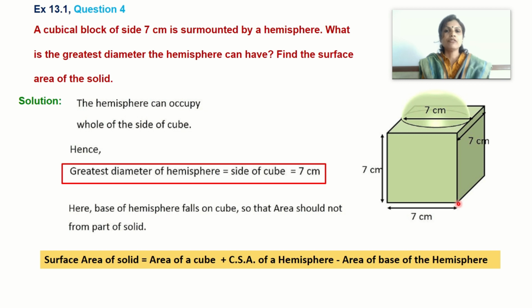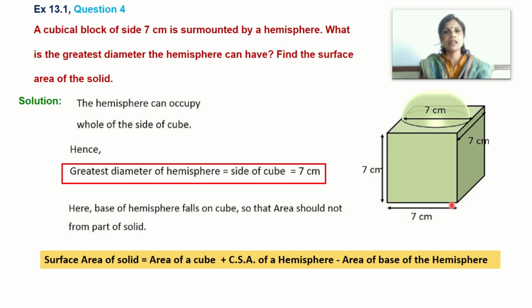Now we have to find the total surface area of the solid figure. Now if you look at the figure quickly, you can say that total surface area means total surface area of a cube and total surface area of a hemisphere, and just add it and the sum is over. Is that so? Absolutely no. So let me just tell you that when we draw figures like this, always keep in mind total surface area is the area which is visible to you.